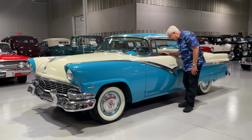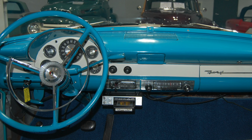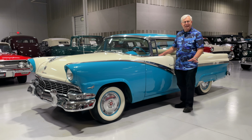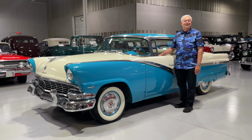Nice. They have not done anything really to change the interior in any sense of the way. The dash is still the same, with an original radio in there. Someone has added an 8-track player, like I had back in high school. I probably had 1,000 of those 8-tracks. I don't know how long they last, but hey, it's just another little novelty for